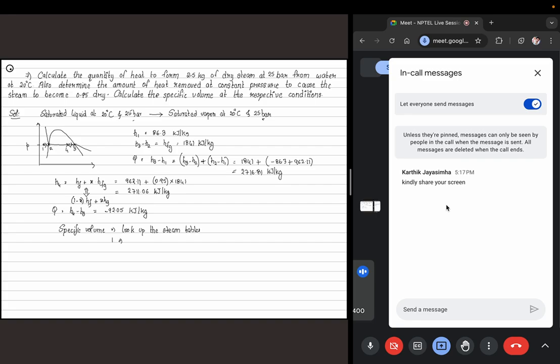For state 1, you need to look up the subcooled one. For state 2, you just need to look at Vf at 25 bar. For state 3, you need to look up Vg at 25 bar. State 4, you use V2 and V3, and from there you calculate, basically it will be V2 times 1